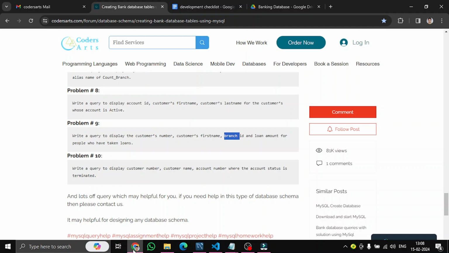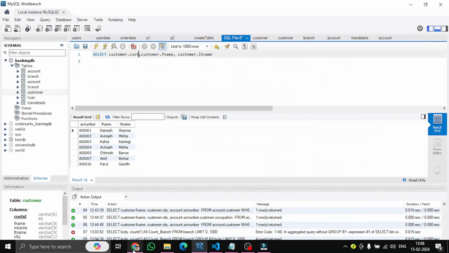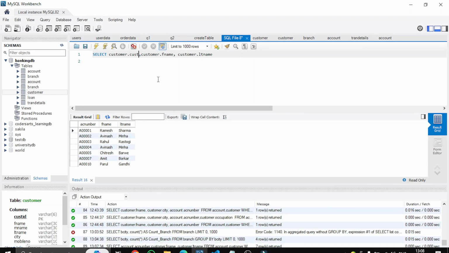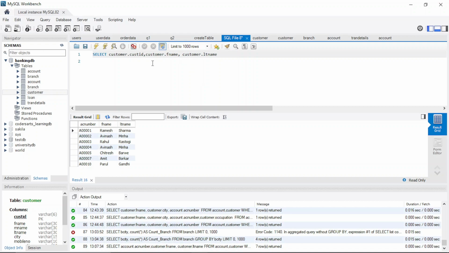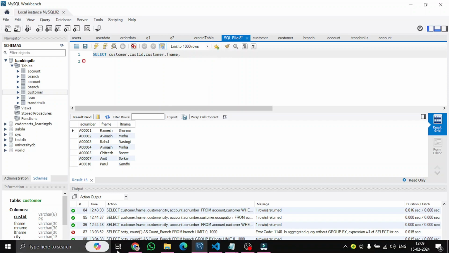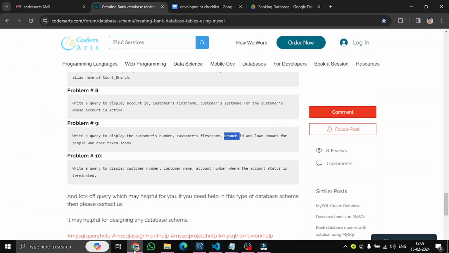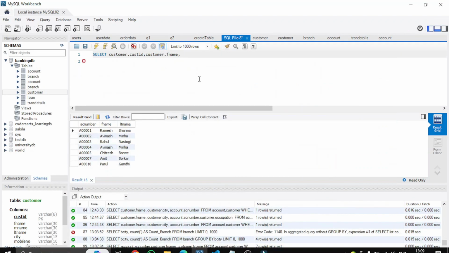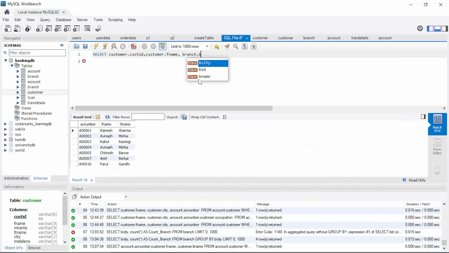Customer's number, first name, and branch ID. So we can specify customer ID, cust ID. I think that is the same thing. Yeah, cust ID, customer's first name. It didn't ask for the last name, I guess. Yeah, it asked for branch ID. So we can specify branch dot BID, branch ID,